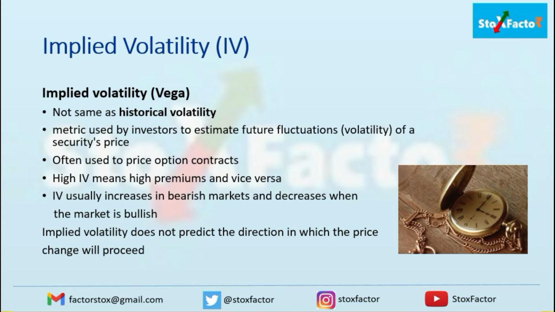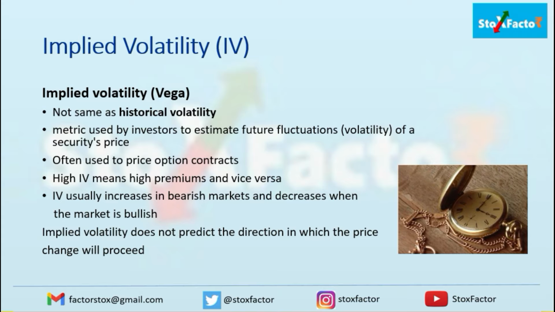You must have also heard about the option Greeks: delta, gamma, rho and vega. You already know about delta. Delta is the change in the option premium based on the change in the price of the underlying security. Suppose the SBI stock is moving by 30 points. What will be the movement of the option based on that? If it is in the money, it will move very much in relation with the stock price, so the delta would be between 0.7 and 1. You must have heard about this.